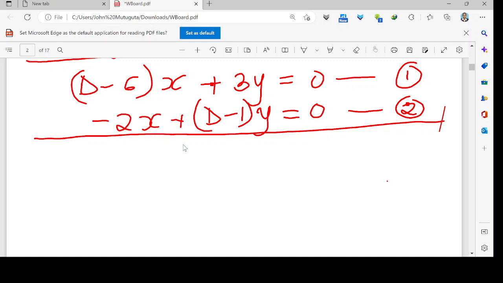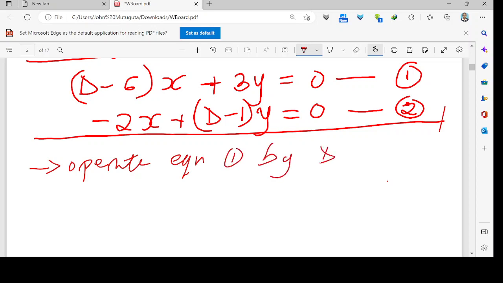So we do this. First, we operate on equation 1 by D minus 1, and then the second thing we need to do is multiply equation 2